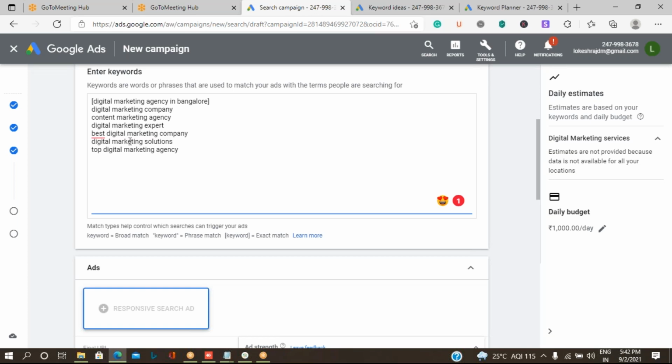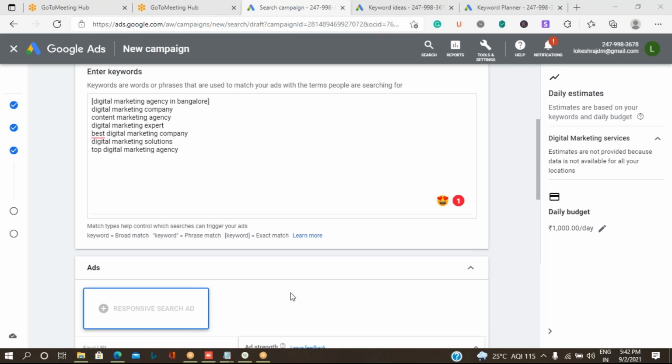You can decide which keywords are to be kept as exact match, which as broad match, and which as phrase match. You can list it out and send it to us so that we can help you with which are the best keywords to be maintained. Is that clear to everyone with the keyword searching analysis? If you're clear, you can type it as clear. Okay, thank you.